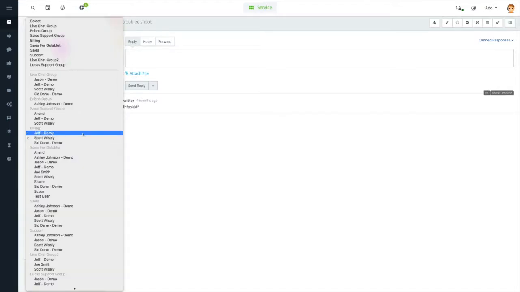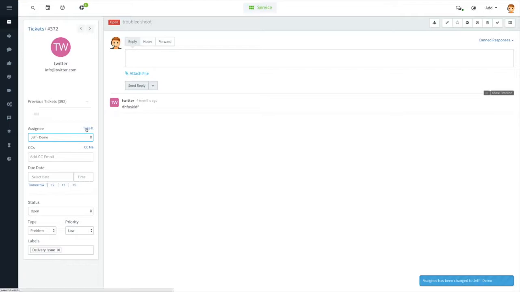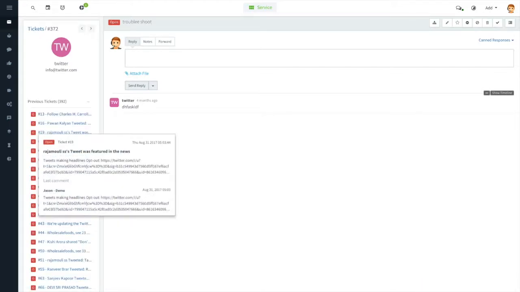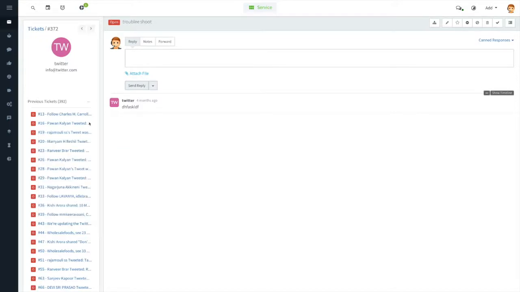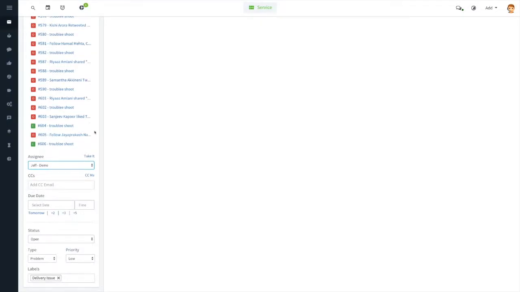If you use the drop down, again, I'm going to hand it right over to my buddy Jeff. So you see that I can just go in there and select who I want to give that ticket to. And then you have an option here where it says take it. So maybe Jeff went in there, he put his comments in. He's a good guy. He knows how to work these tickets. He went in there and he worked that ticket. Oh boy, look at all those tickets that showed up there. And so maybe Jeff's done his work on those, and once he's done, I can just click on take it